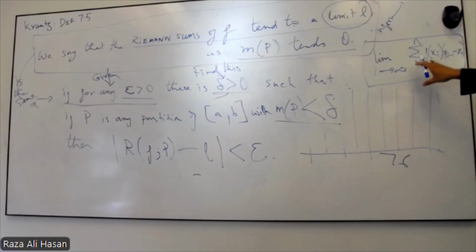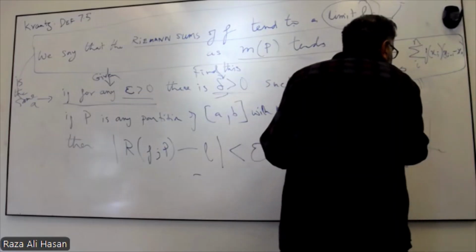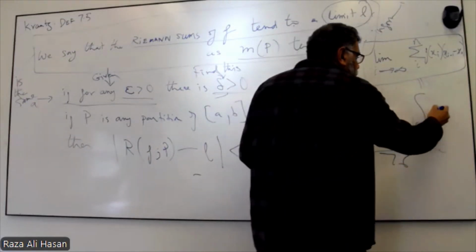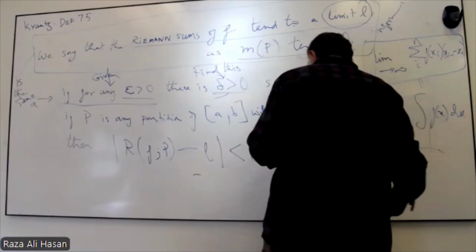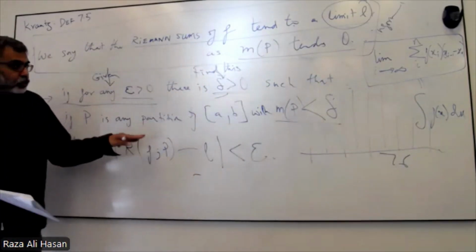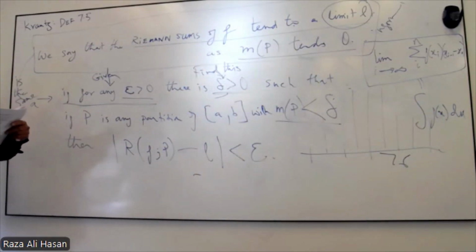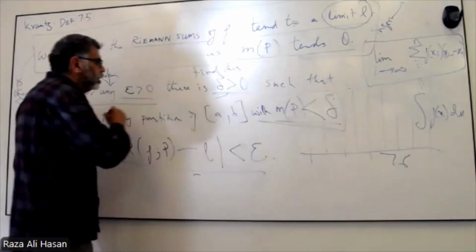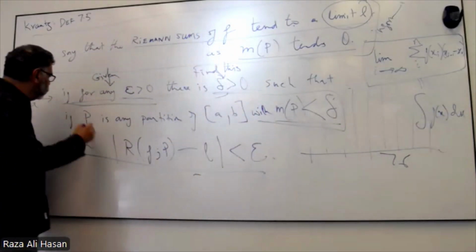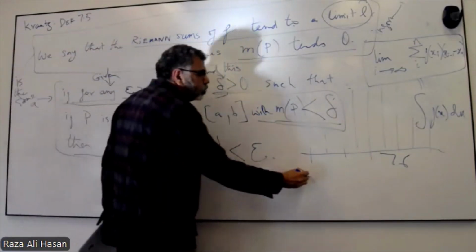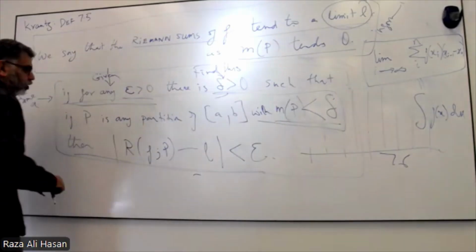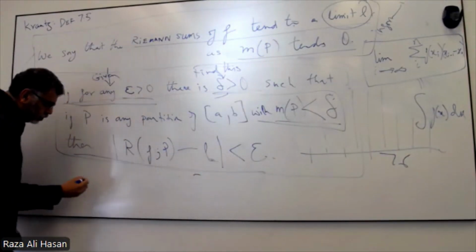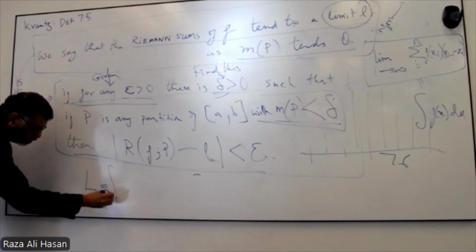If we take the limit to infinity of all the Riemann sums, this will be equal to this thing here. All right, folks, if this is the situation, and this whole thing is true, then we can say that this L here is actually equal to